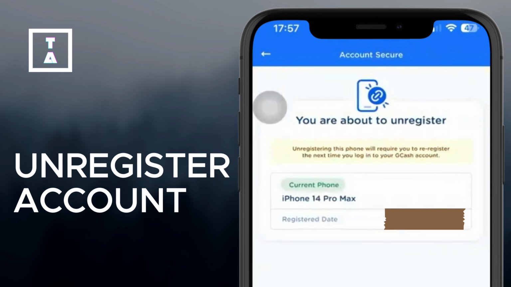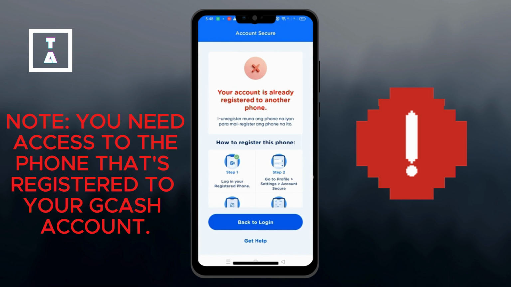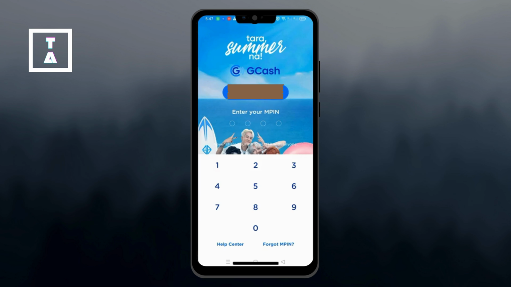In today's video, I'll guide you how to unregister your account if it's already registered to another phone. Note that to complete this process, you need access to the phone currently registered to your GCash account. If you're unable to log in on your desired phone because the account is registered on another device, here's how